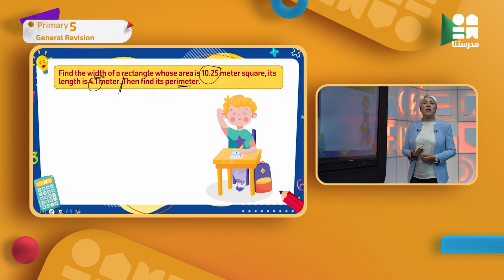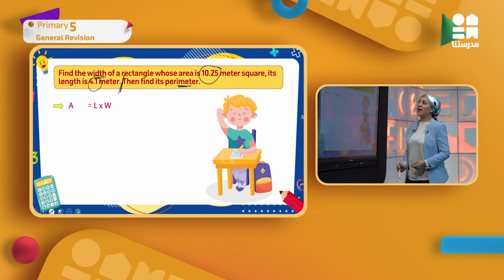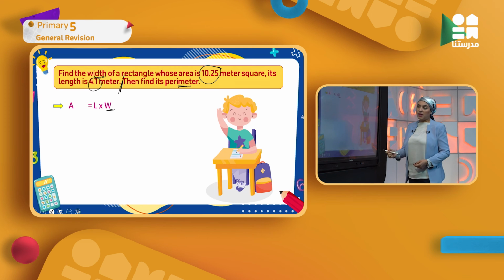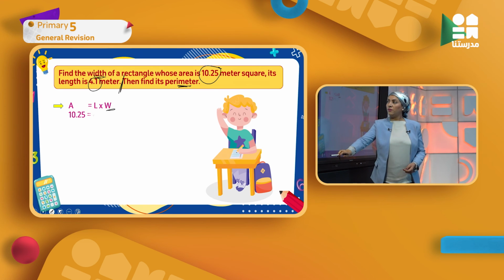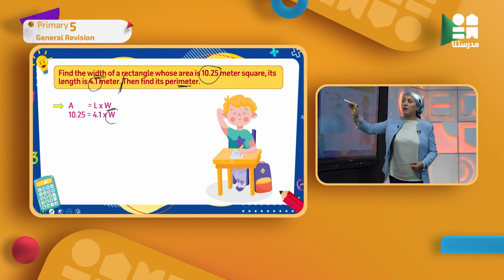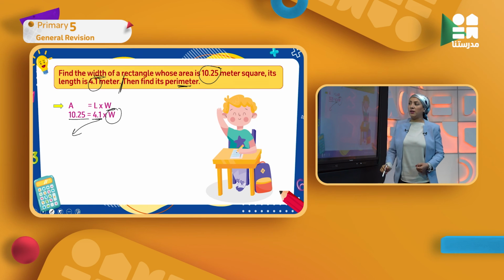Let's remember again, what is the area of a rectangle? Area of a rectangle is length times width. Okay, the width is what I don't have, but I have the area and the length. So here I can find their width. The area is 10.25, it equals 4.1, the length I have, times the width, which is unknown, which I need to find. So what will I do? I'll move the length to the other side with a divide sign, so it will be